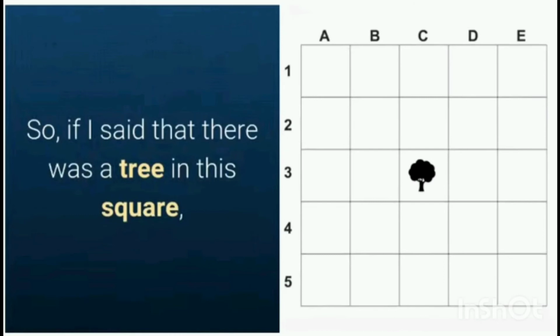Now if I ask you, where is the tree in my garden? You can say, out of the 4 portions, in one of the portions, your plant is at C3. Where C and 3 are meeting, in that particular box, the tree is there. Suppose I plant a tree at 1E, that means in the last box at the top I will be having one tree. In the same way you can find out places with the help of the latitudes and the longitudes.